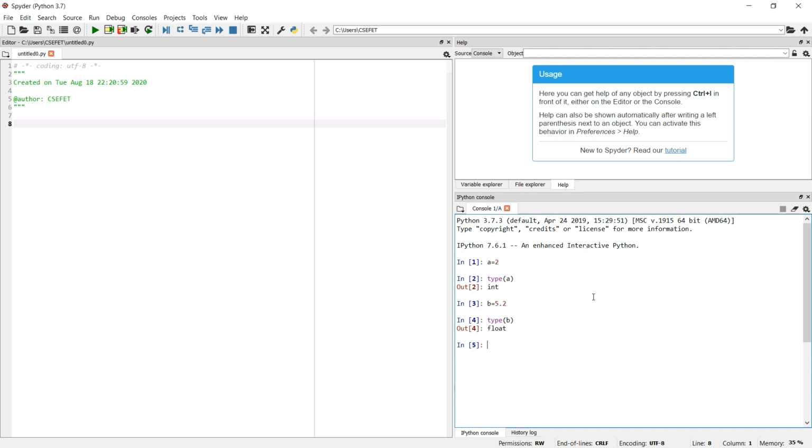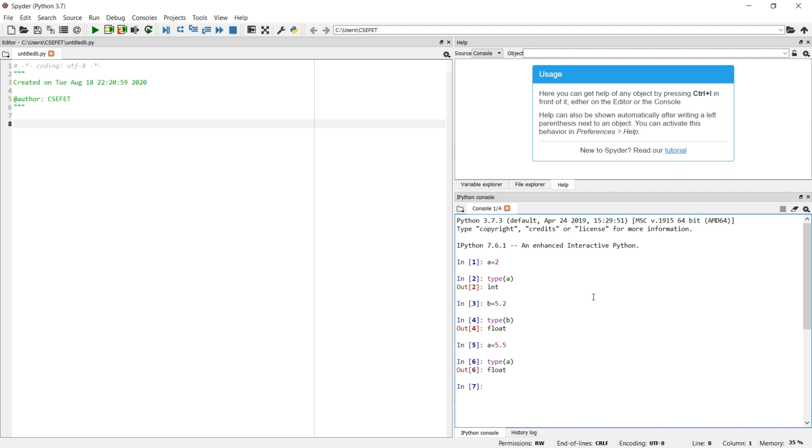We'll be talking about other data types in further lectures. For the time being, we'll be focusing only on two data types, int and float. Now you see, a is an integer. We have given an integer value. If I give a floating value to this a, what will happen? Will it give an error because a was declared an integer? No. In Python, when I assign a floating value to the same variable which was holding an integer, the type of the variable itself changes to float. If I check the type of a now, you can see that it becomes float.